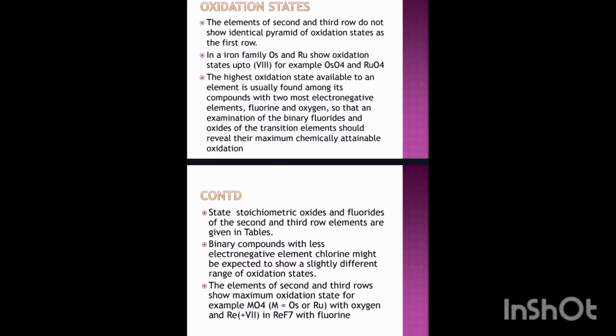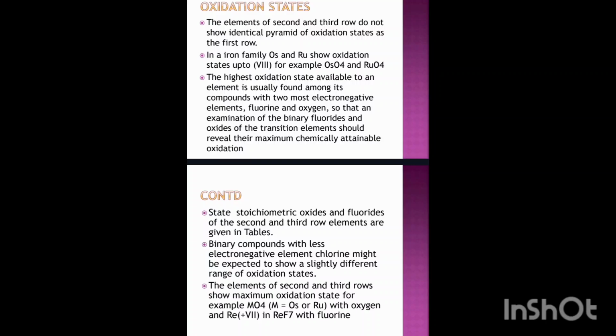So an examination of the binary fluorides and oxides of transition elements should reveal their maximum chemically attained oxidation states. Stoichiometric oxides and fluorides of the second and third row of elements are given in the table. Binary compounds with less electronegative elements, such as chlorides, might be expected to show a slightly different range of oxidation states. The elements of the second and third rows show maximum oxidation states, for example MO4, M equals Os or Ru with oxygen, and Re in +7 in ReF7 with